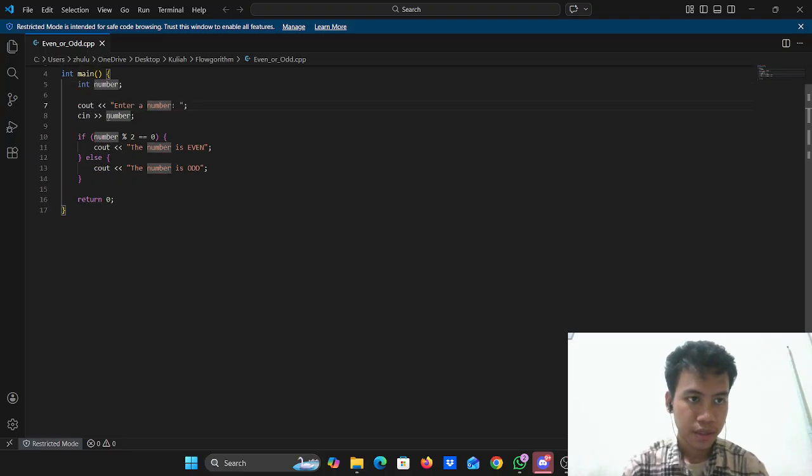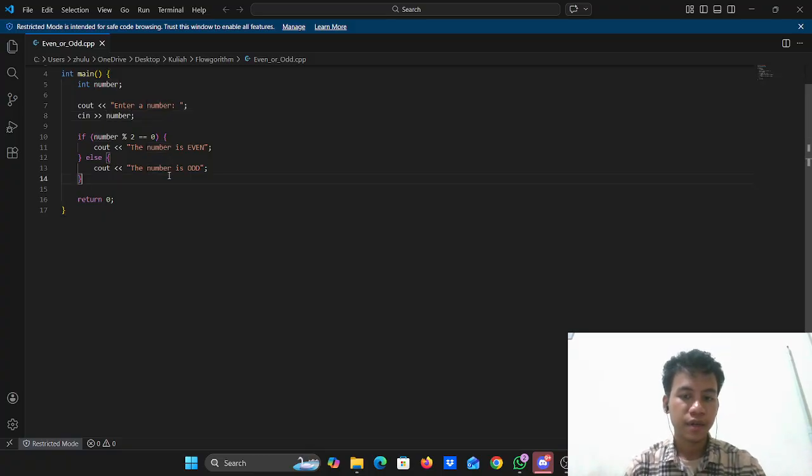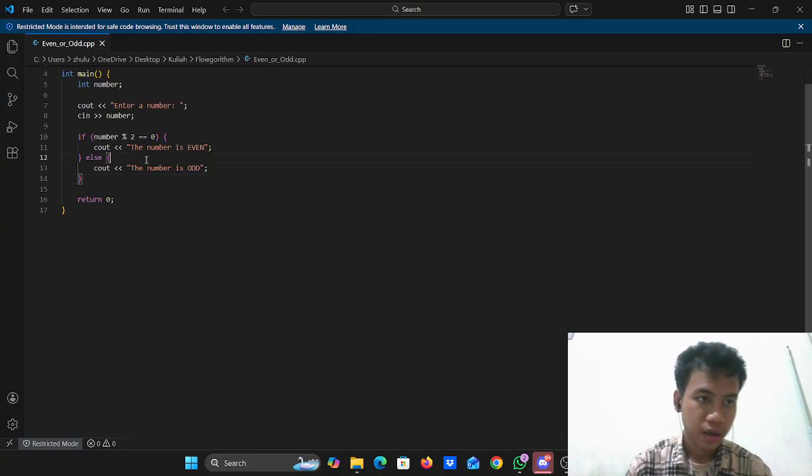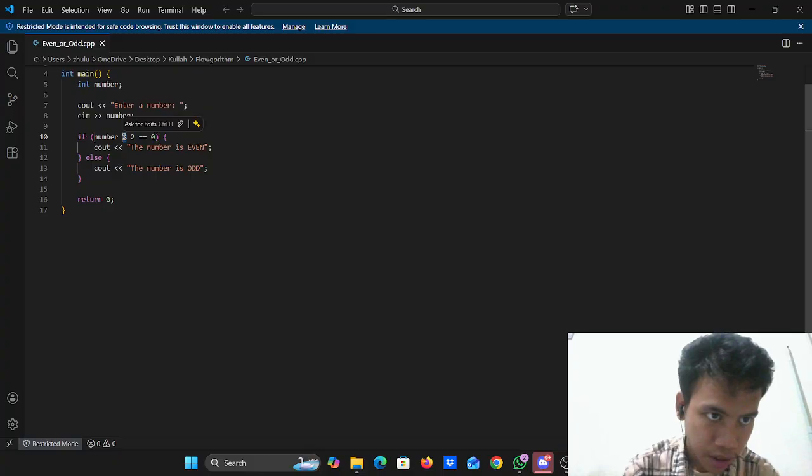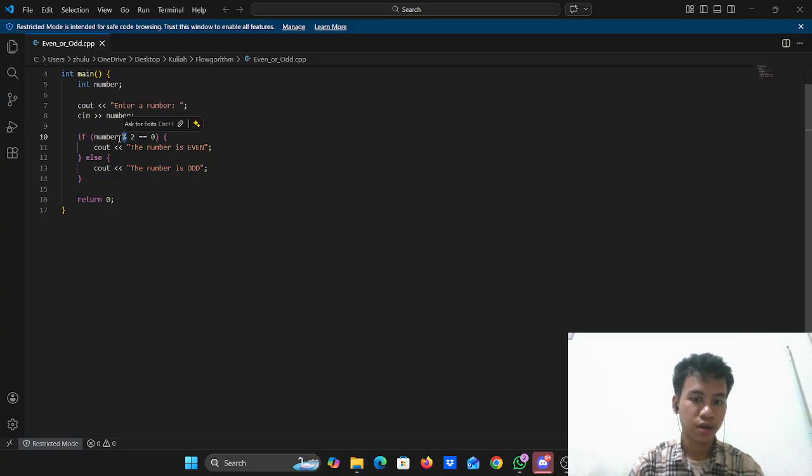And then we have cin number. Cin means console input. The line reads the input typed by the user and stores it in the variable number. And seven, we make a decision using if else. The operation is called the modulus operator.